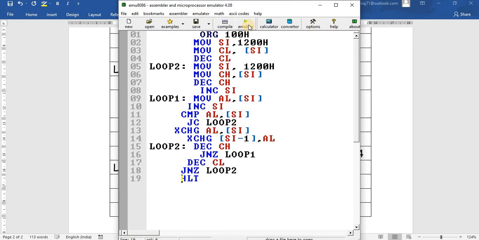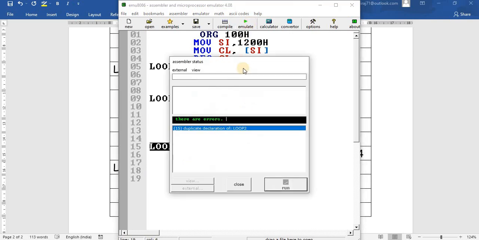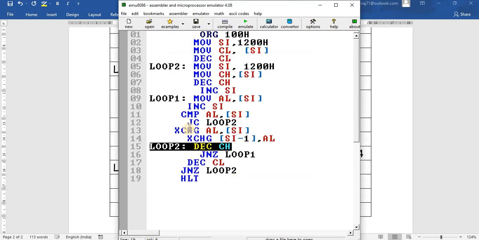So now let us execute this program, emulate. Yeah, so I have given two names as the same loop name. So let us give it as loop 3, and then loop 3.